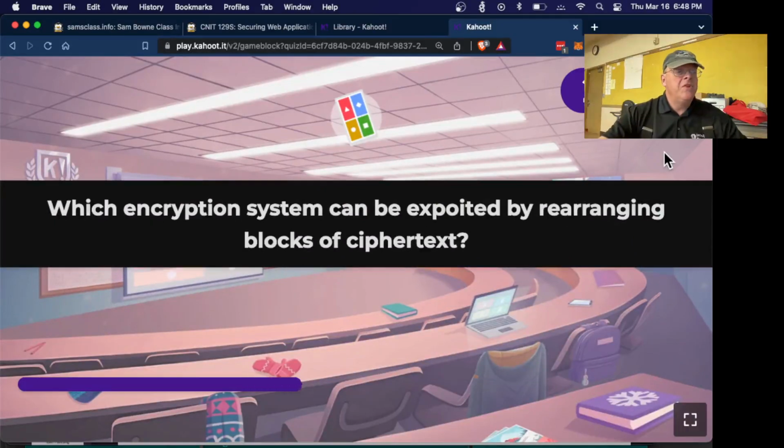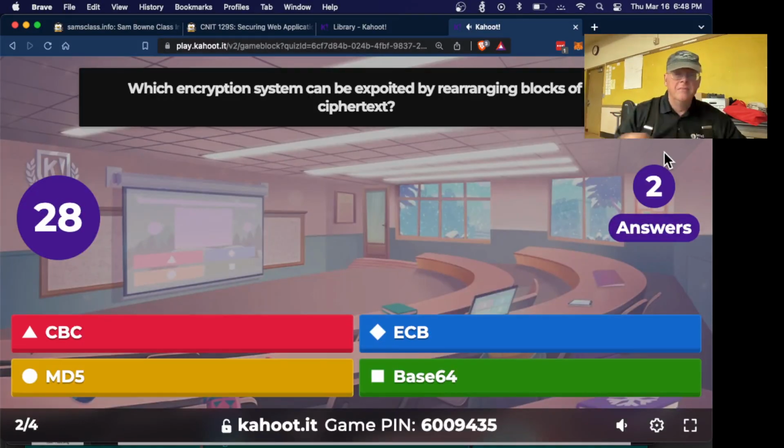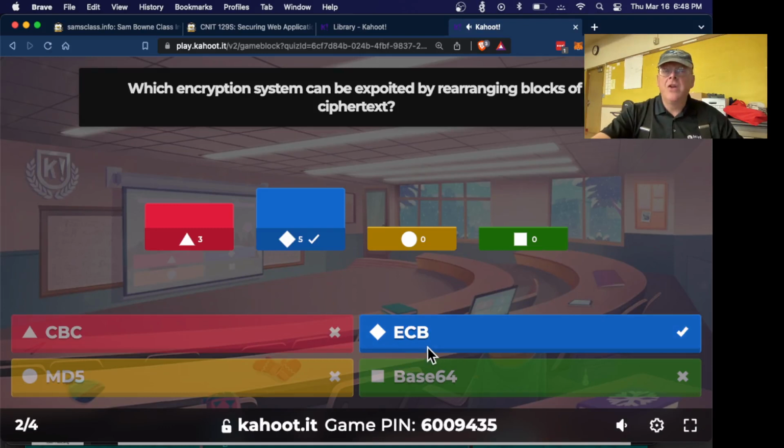All right, which system do you exploit by rearranging blocks of ciphertext? That's electronic codebook. It'll only work if each block is independently encrypted, so the order doesn't matter.